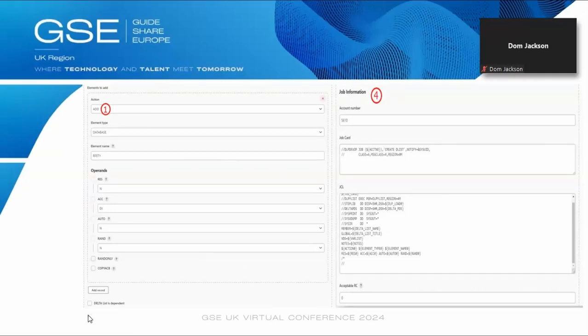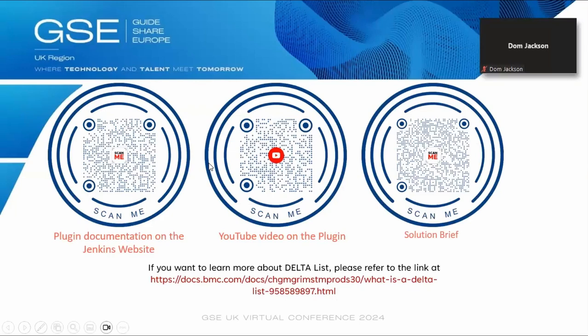Again, as with the previous Jenkins plugin that we saw, this plugin is also very easy to install, configure, and use. For example, over here,